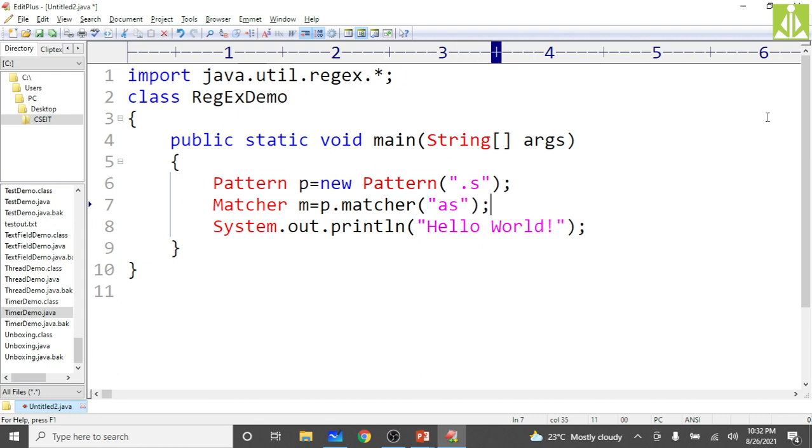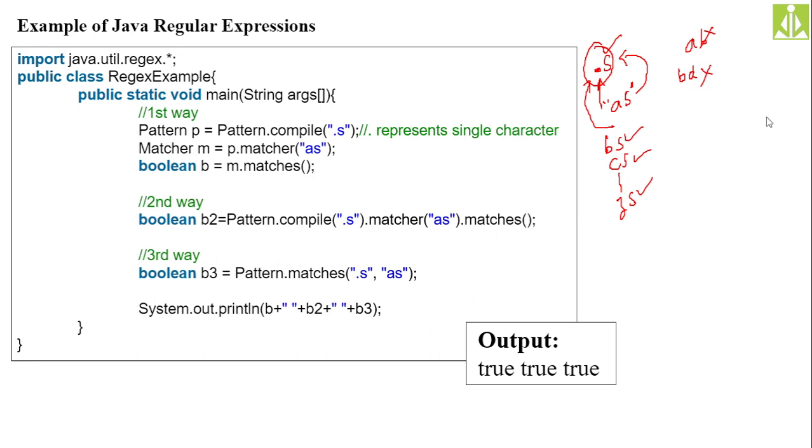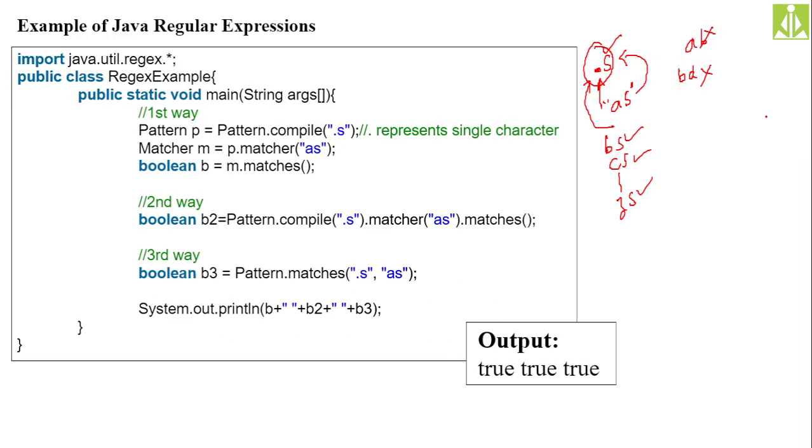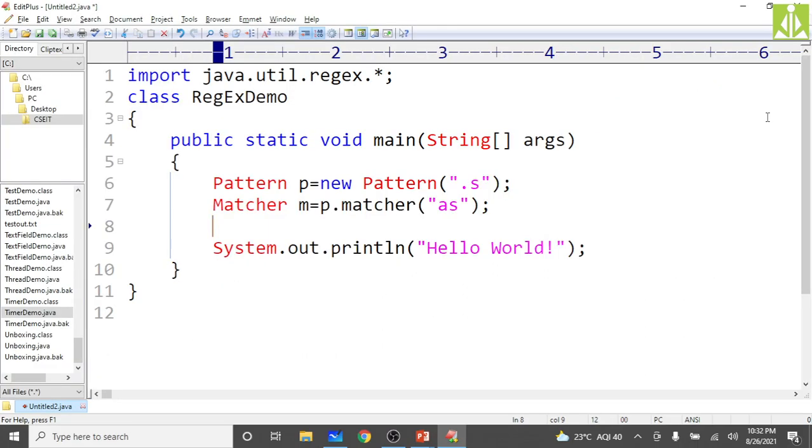Then close it. Whatever method we are going to invoke on this matcher class, that is the matches method, which will return a boolean value. So boolean b equals m dot matches, that's it.